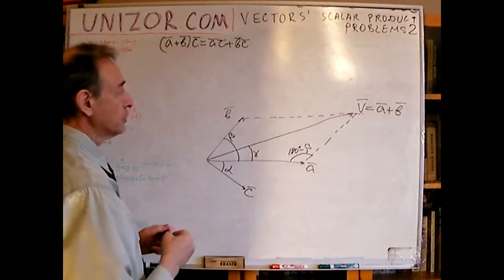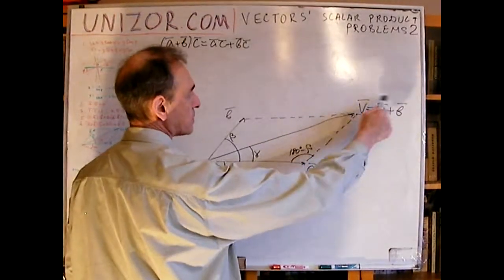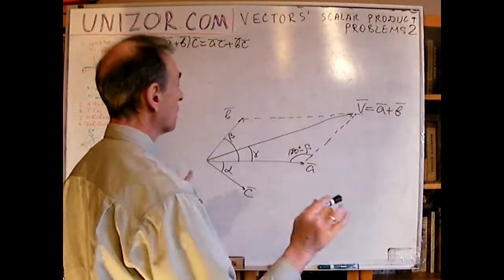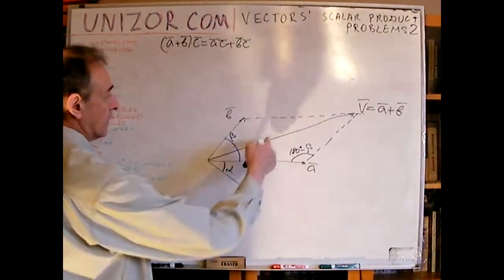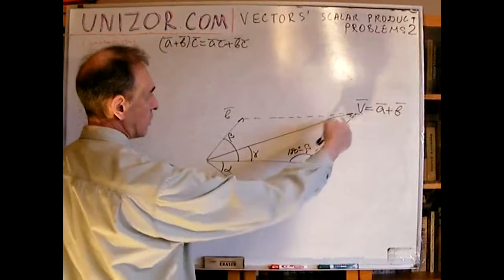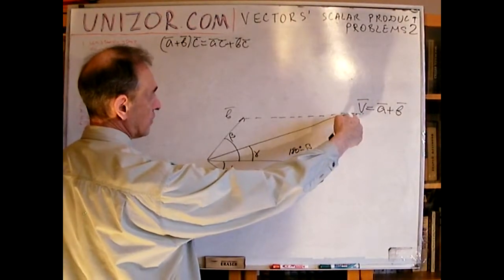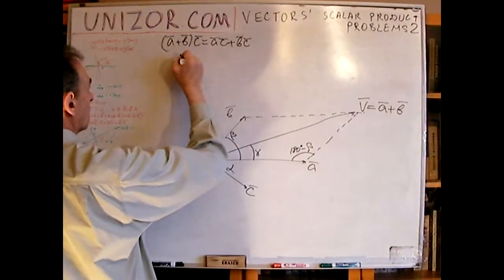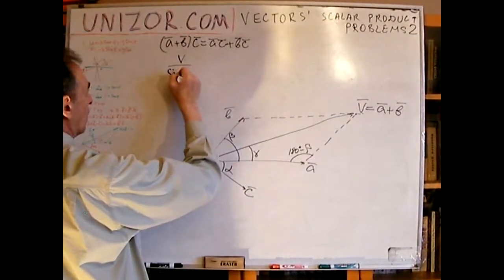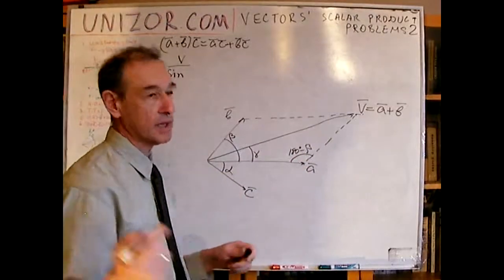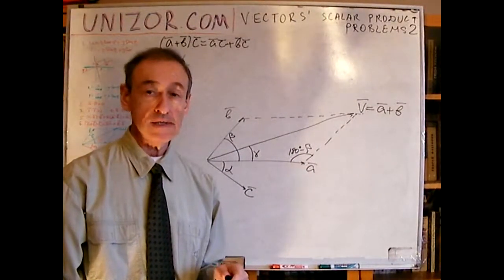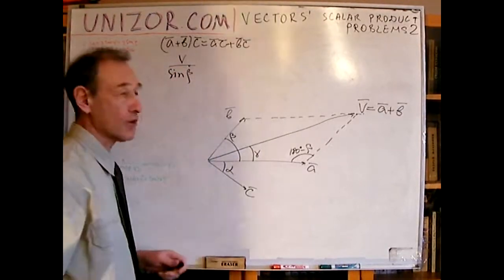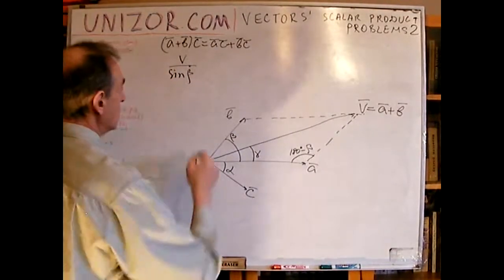Now, I will use the same letters, but without the bars on the top to express the lengths of these vectors, right? So talking about lengths only. So V, the length of the vector which is the sum of these two, divided by sine of 180 minus beta. Now, sine of 180 minus something is the sine of that something, right? Again, we know this from trigonometry. Equals to,